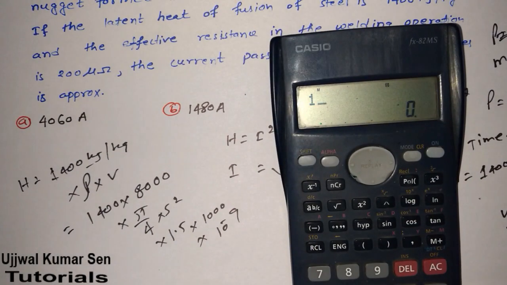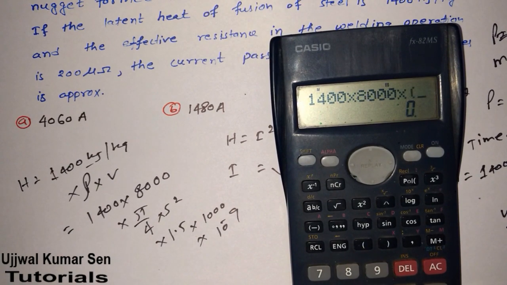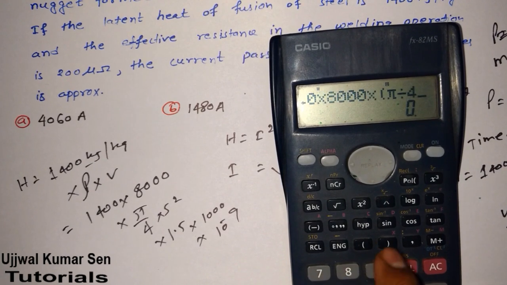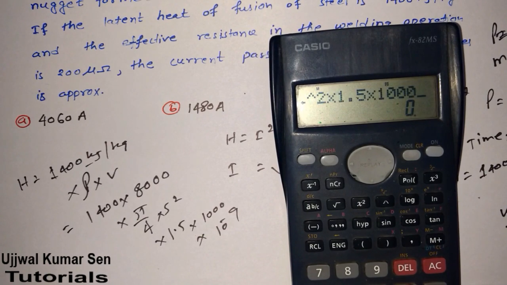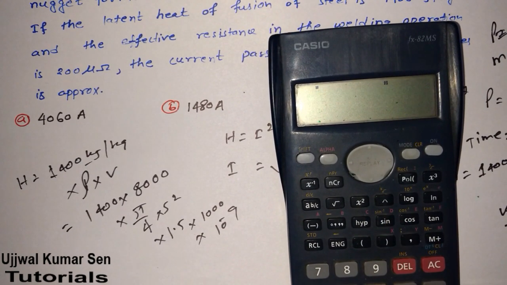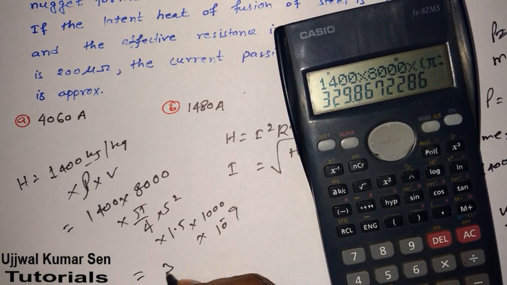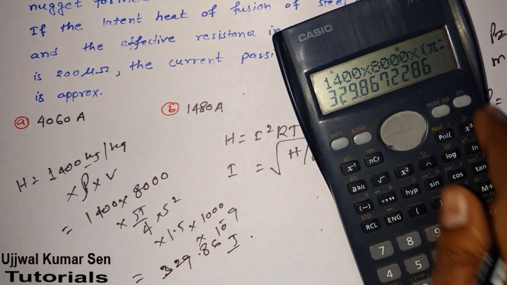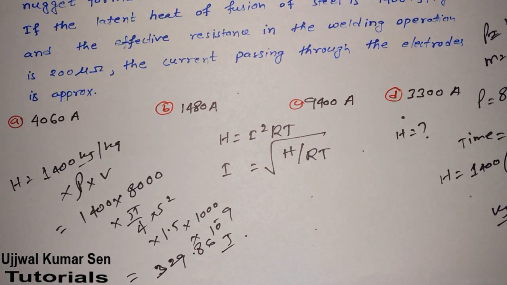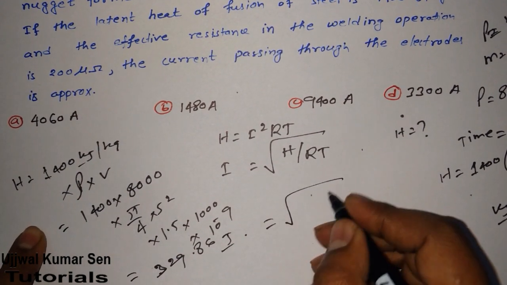I can just use a calculator, and probably in GATE you are not going to get this calculator. Not probably, you are not going to get it, because you will get an online calculator. So always have this in mind, that you will have this one only. So how much value exactly are we getting here? You can see 329.86 joule. Okay, 329.86 joule we are getting here. So this is how you can find out H. Just write down H is equal to